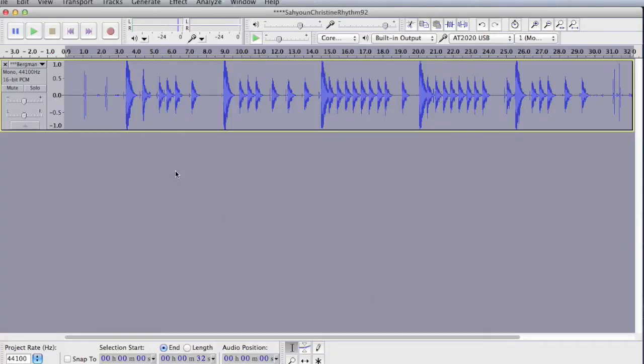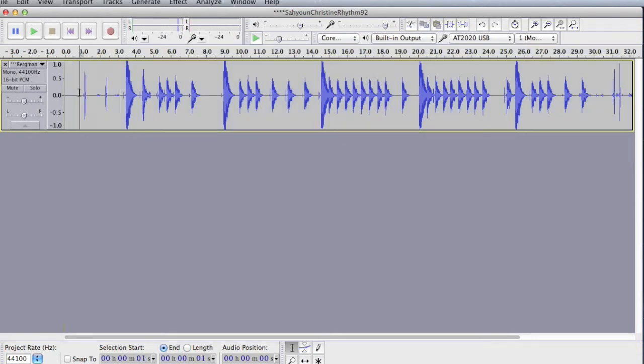And there you go. And if you notice the vast difference in the sound wave, we can hear the mouse clicks. And if we undo that,